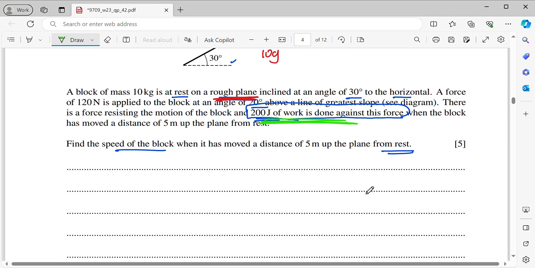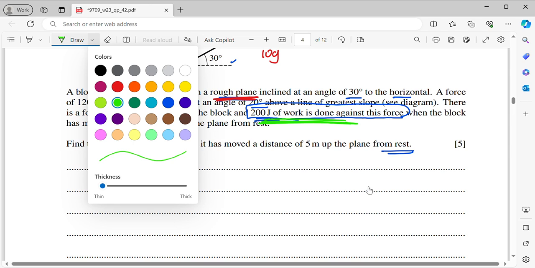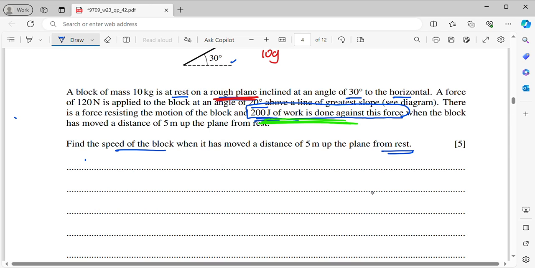From here, I will write my work energy principle. So total, or I will say, work done to speed up the body